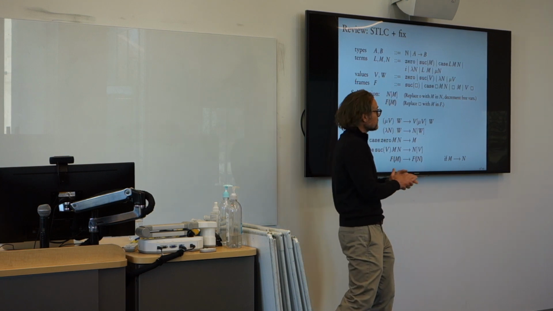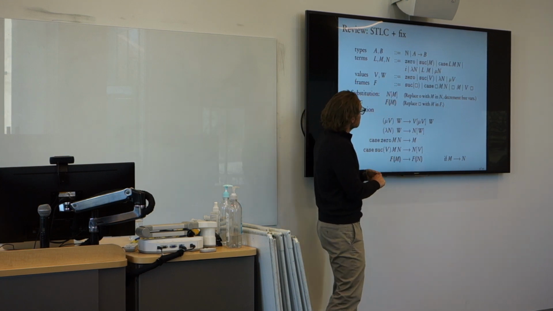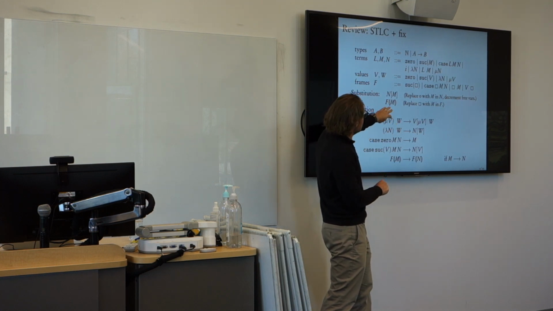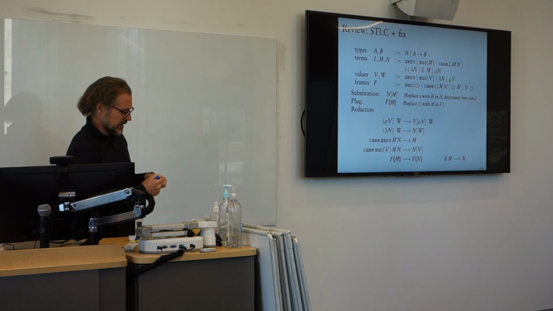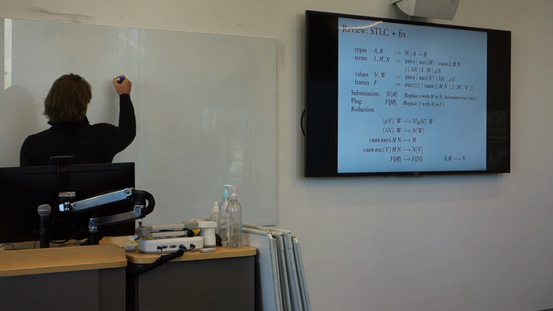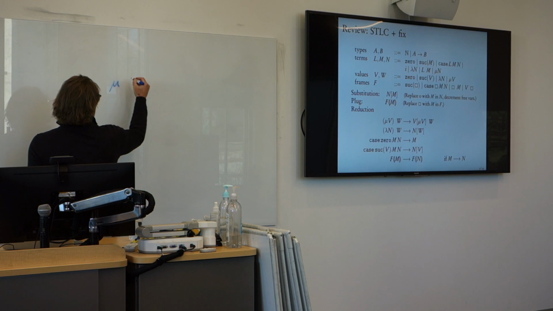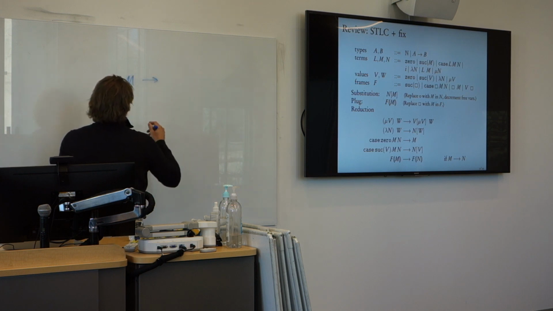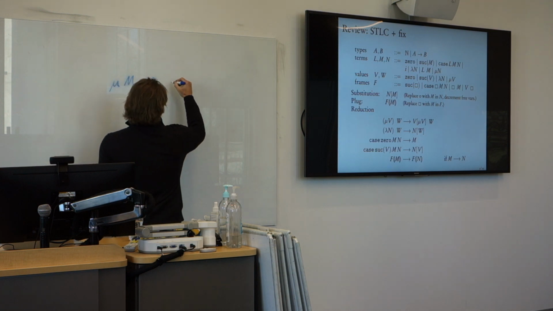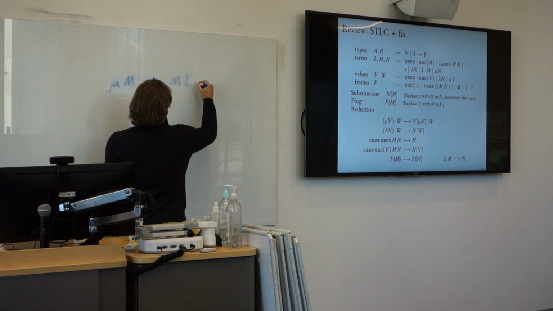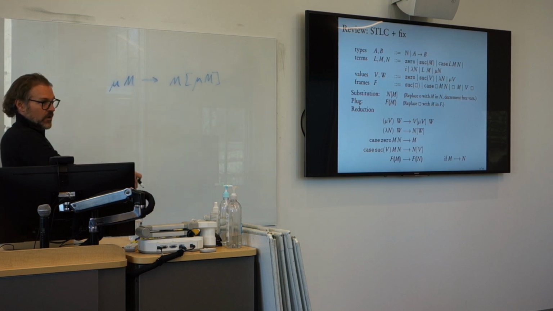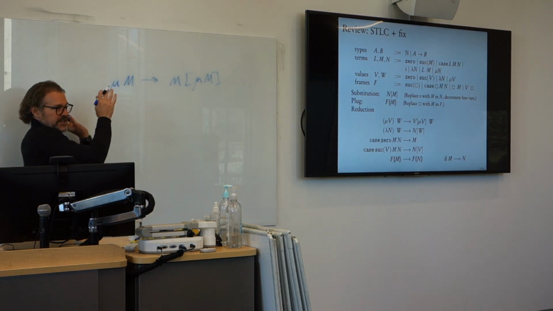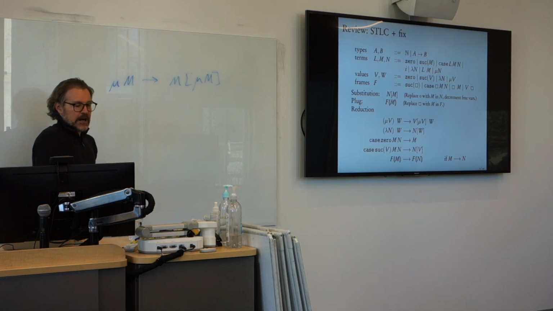Okay. So sometimes people have, let's see, what's the alternative rule that maybe you'll see more often? You'll just have something that says mu of m goes to m with mu of m substituted in. And this rule can fire whenever you want it to, sort of non-deterministic in a manner. Okay. Whereas